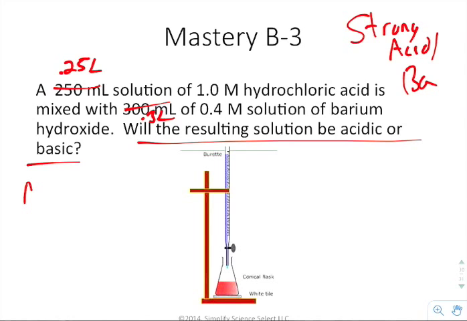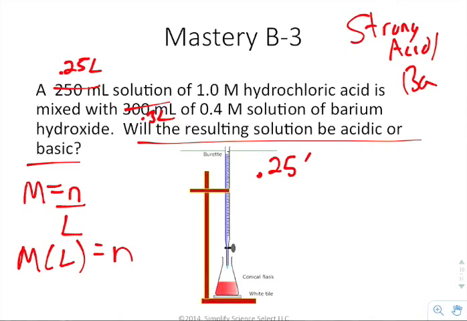Now, whenever I look at the formula, molarity is equal to the number of moles divided by the liters. So if I take my molarity and I multiply it by my liters, I get my number of moles. So for each one of these things, I'm going to say 0.25 times 1, and that's going to give me 0.25. That right there represents my number of moles of hydronium ions. Because remember, we're going to work with the working definition of the Arrhenius unless we hear differently. Now next you have 0.4